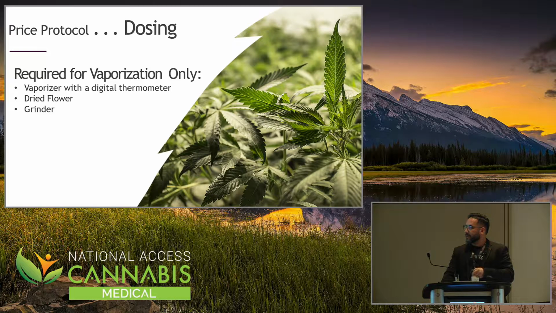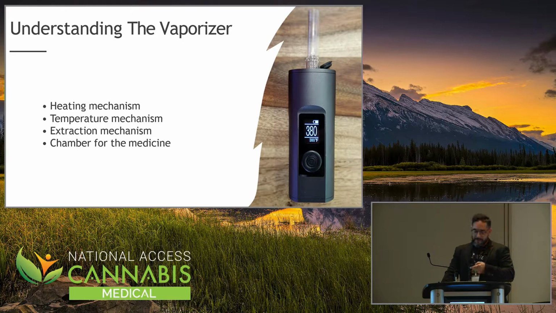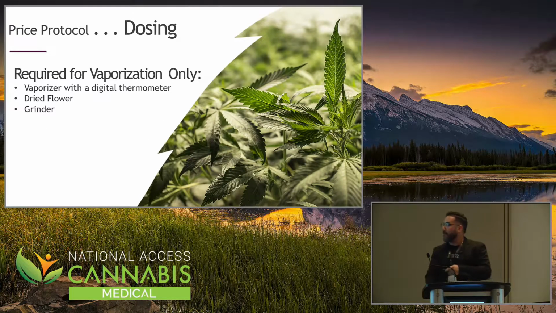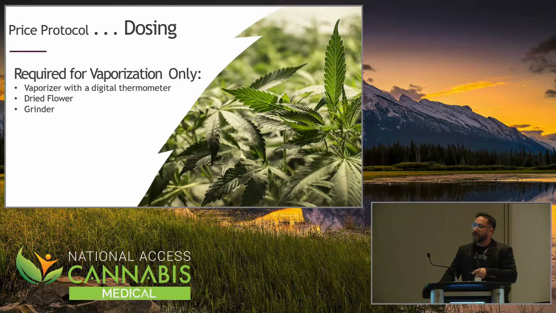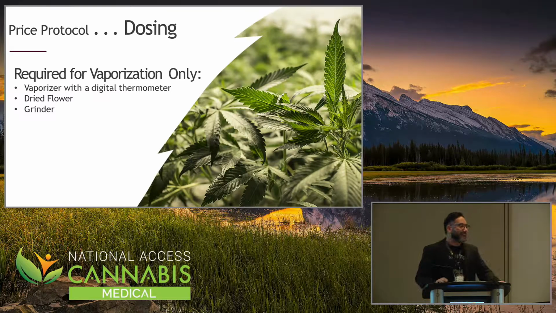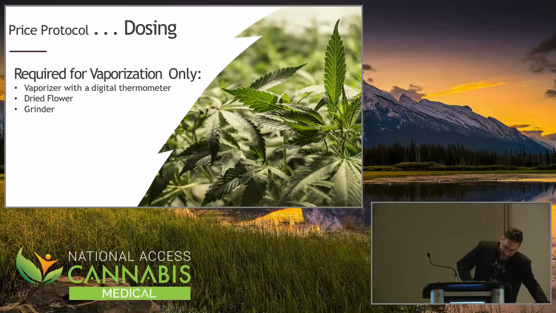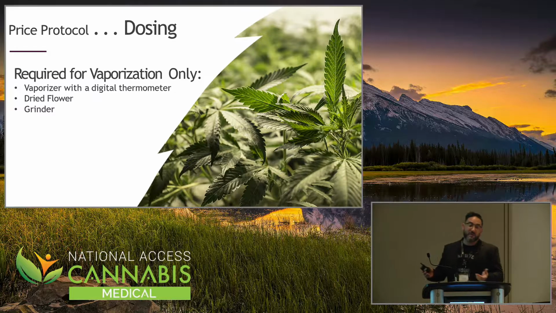All right. Do we need a grinder? I mean, we should. It's nice if you had a nice little grinder so that you can take your plant material or the flower material, call it whatever you want to call it, bud, I call it flower. You can take the dried flower and grind it into small little pieces so that you're able to stuff it into that little area where you put your cannabis, which is at the bottom of this thing. And then you need the dry flower.